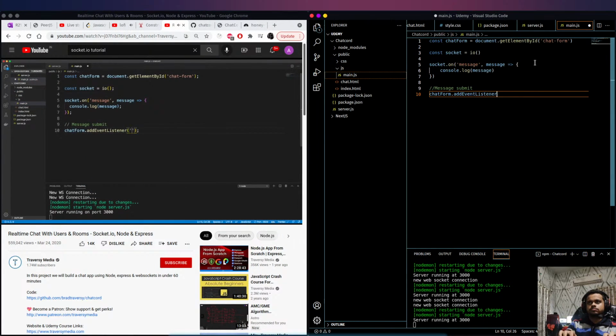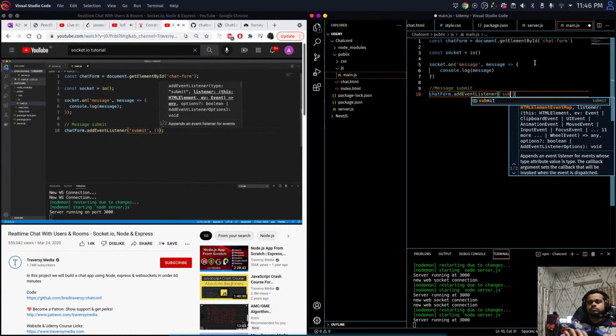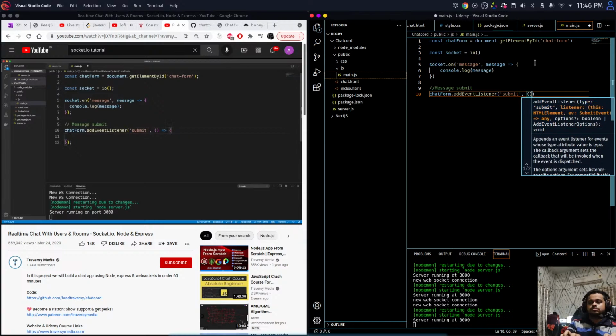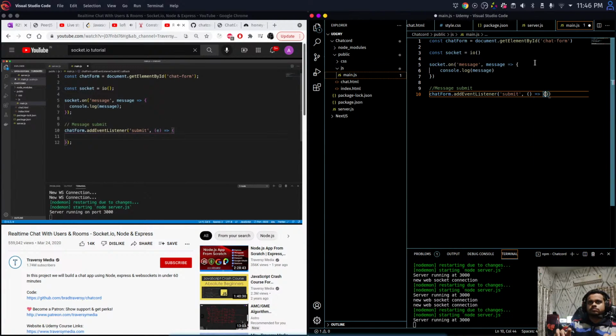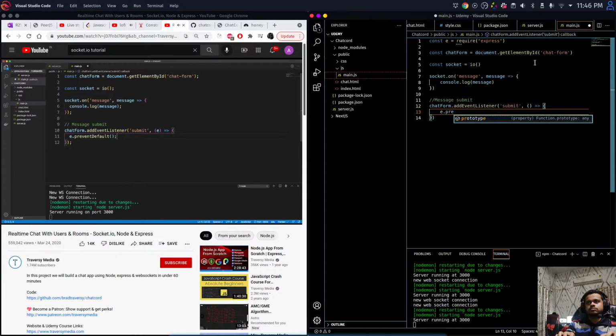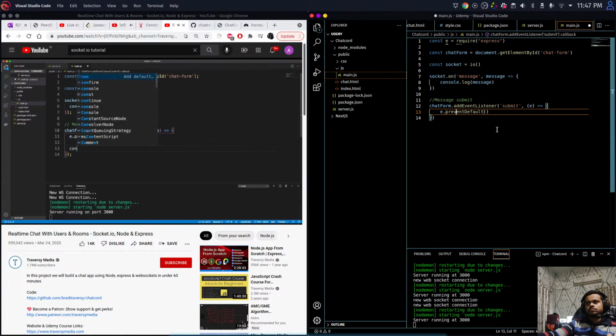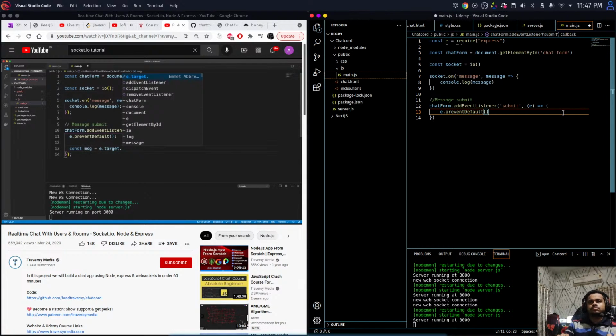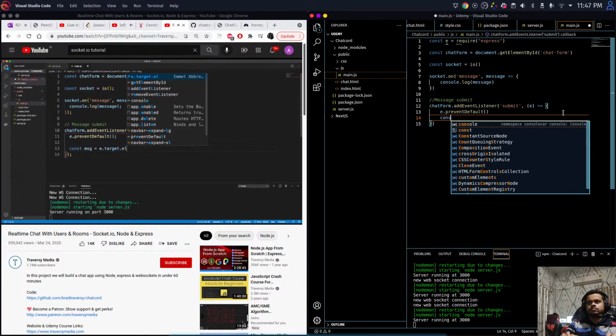We want to listen for a submit, and then that's going to take in a function. I'm going to use an arrow function, and we want to pass in the event parameter here, because when you submit a form, it automatically just submits to a file, and we want to stop that from happening. So we can use e.preventDefault, which will prevent the default behavior. And then we need to get the text input, and we could do that a few ways. We could grab it from the DOM, but I think a neater way to do it is to, let's just call this msg. We can take e.target, okay, so that'll give us the current element,